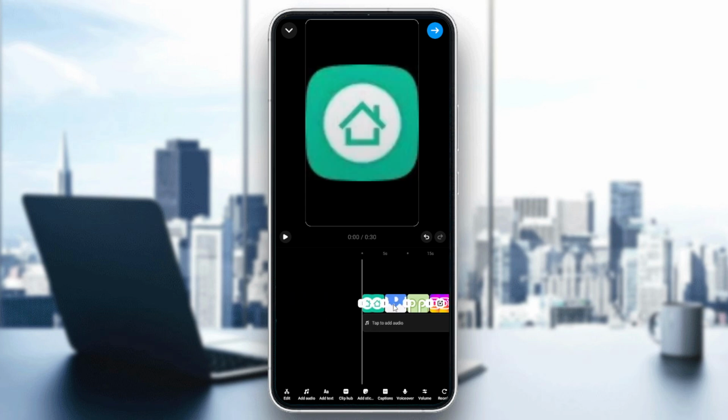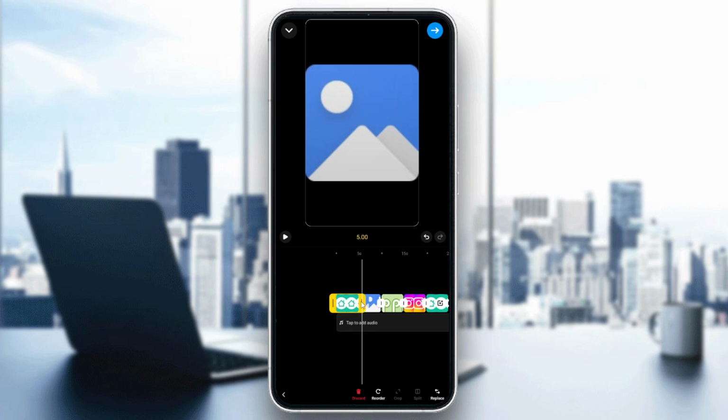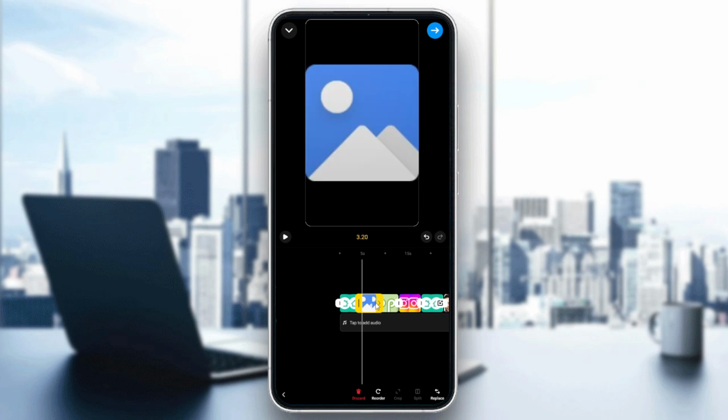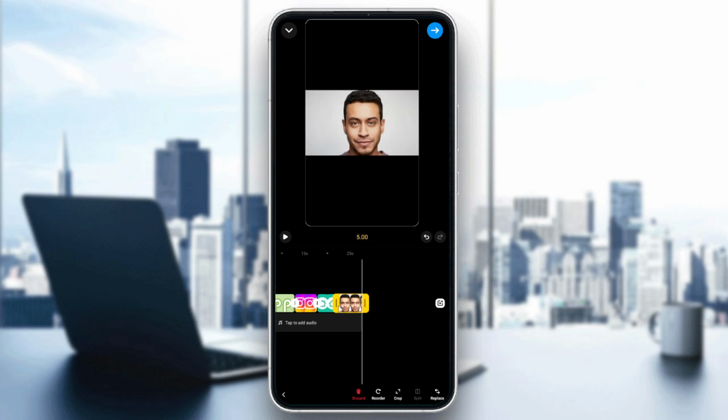Now you can start extending the amount of each photo. So let's just click on this one. You can extend it, reduce the duration, whatever you like. So basically you will have the whole control over your content. So we can extend this more and you can start clicking here and as you can see you can extend